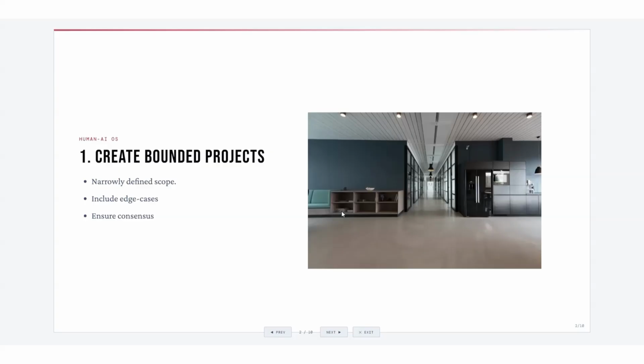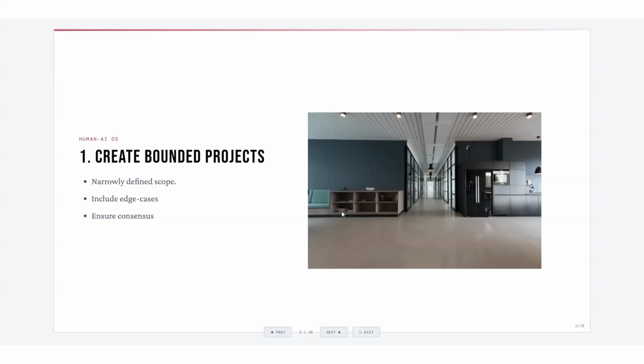In addition to that, you want to include edge cases. So think about all the different possible occurrences that could impact your project, and you want to include all of those narrow use cases. If it's an application, what are all the different ways that a customer could potentially utilize your project?